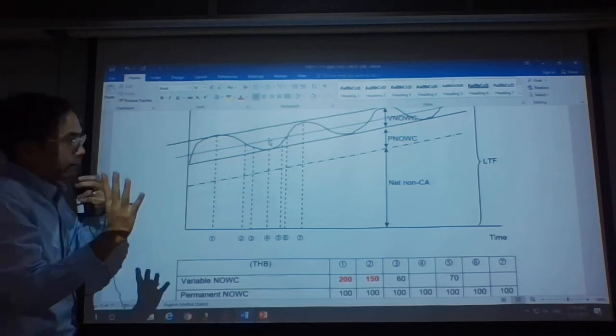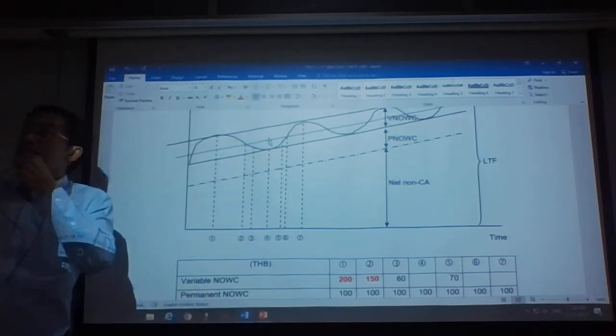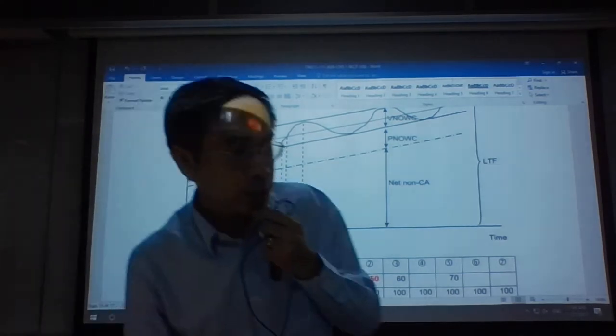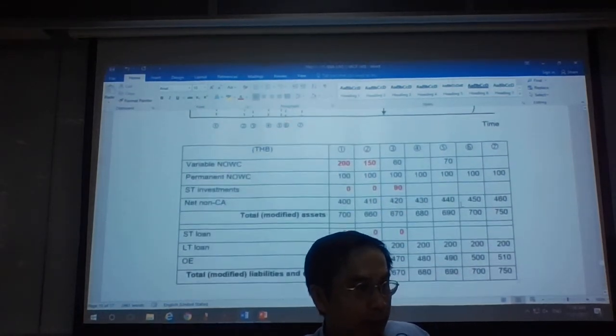And at point 4, you are going to have the maximum amount of marketable securities because this is your off-peak season, and therefore excess cash will be the largest, and therefore the marketable securities will be the largest too. And according to our numbers at time point 4,